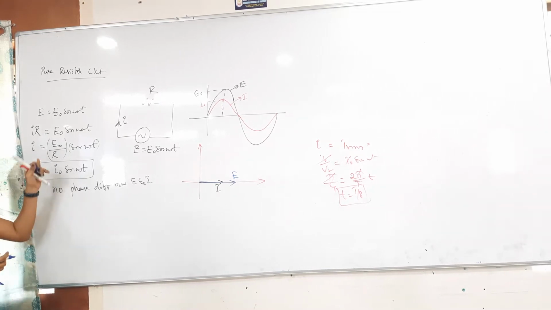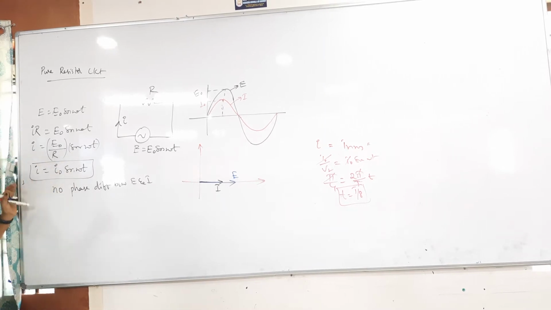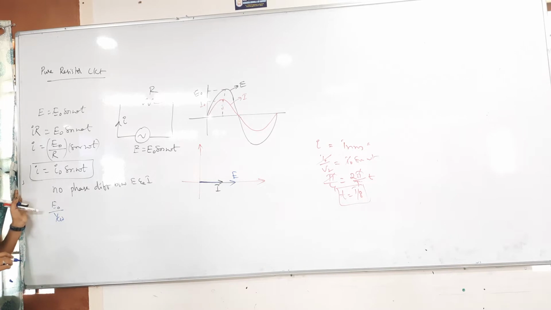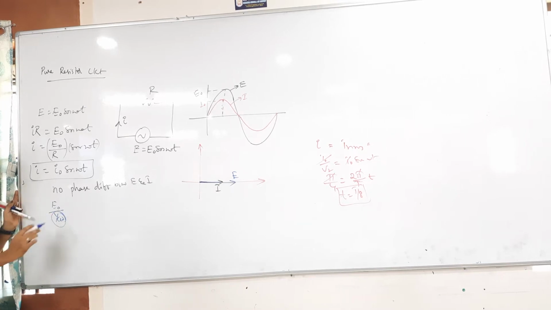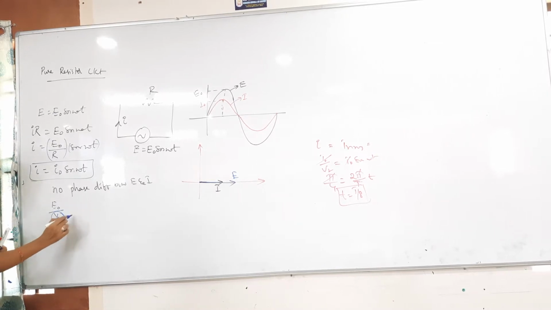So here you cannot take the relation between R and omega. Here I can say clearly for the next problems, whatever we are going to discuss about the inductor and then capacitor, at that time you will get the formula as E naught by 1 by C omega. Here 1 by C omega is nothing but what I said, resistance. Resistance offered by whom? Capacitor. So this is the resistance, reactance we will take XC is equal to 1 by C omega.